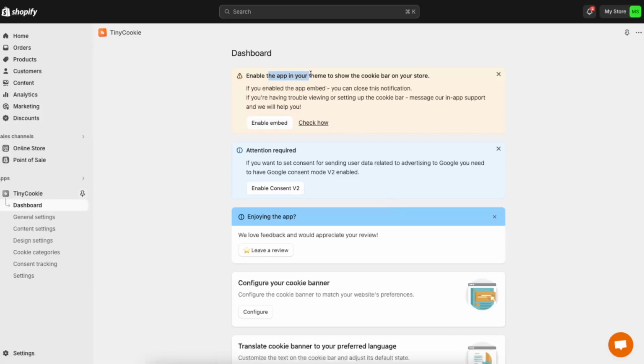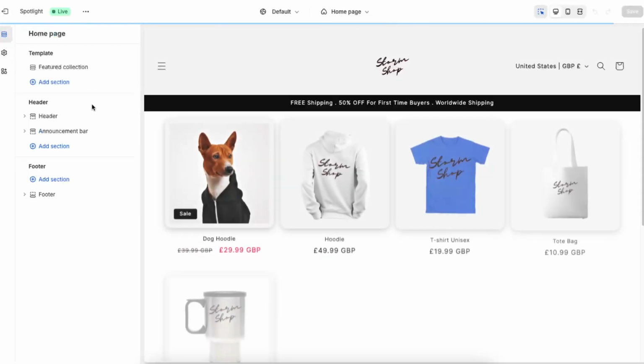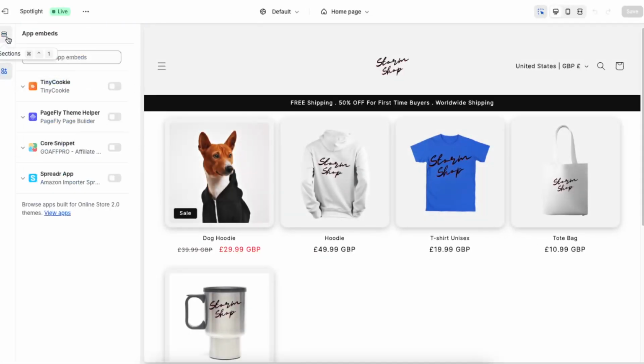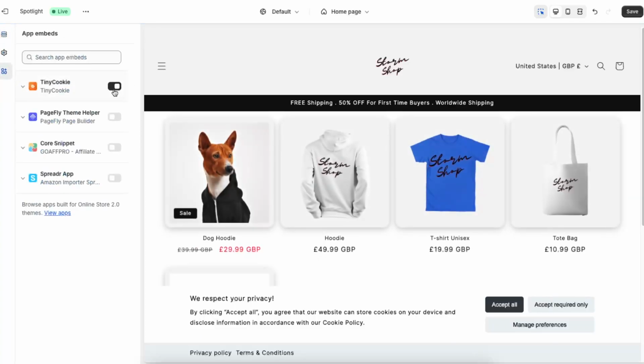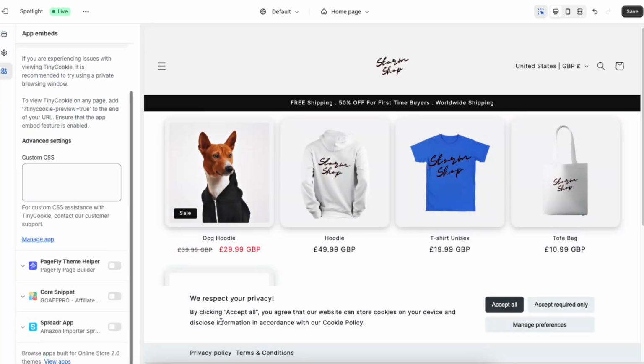Now enable the app in the theme, and then let's go to our theme right there and let's customize it. Now, when you are here, you're gonna click app embeds and you're just gonna enable this cookie. And as you can see now, it is right here. People can accept required only, manage preferences, read your privacy policy and terms and conditions, and so on. So this is how it works,